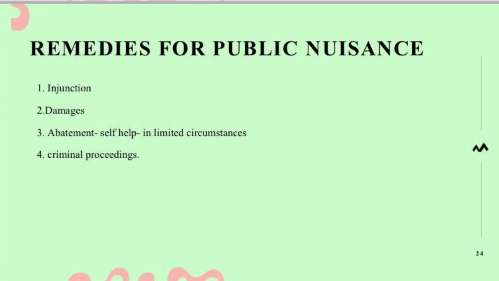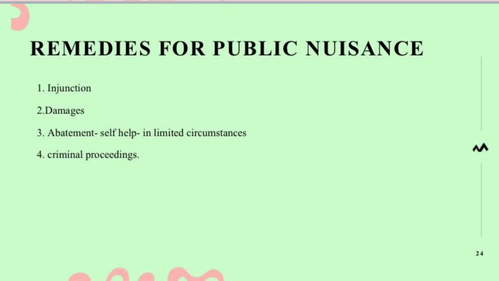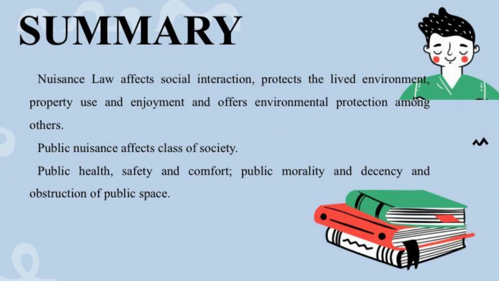You may also claim damages and abatement, self-help in some limited cases, unless a plaintiff is able to show, of course, particular damage that we have talked about earlier. Most plaintiffs may have to resort to a bit of self-help, like removing the obstruction on a public way when you want to drive across that way. Then you have the criminal proceedings that can be brought against that person, because we said that public nuisance is a crime.